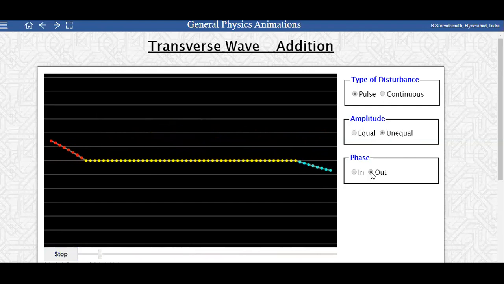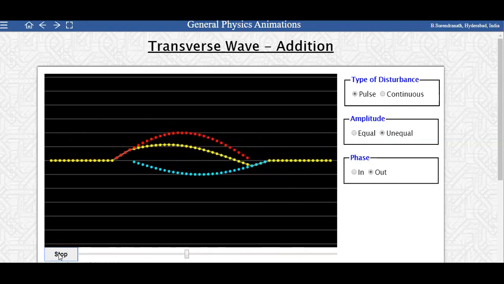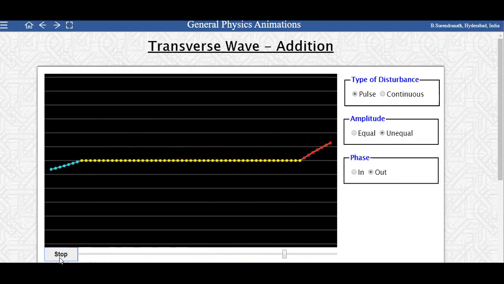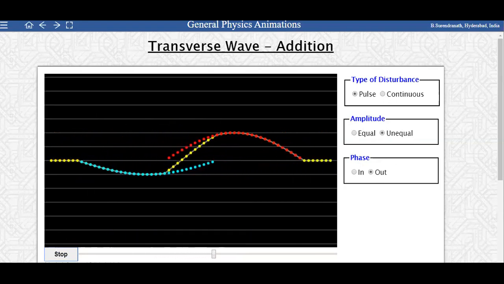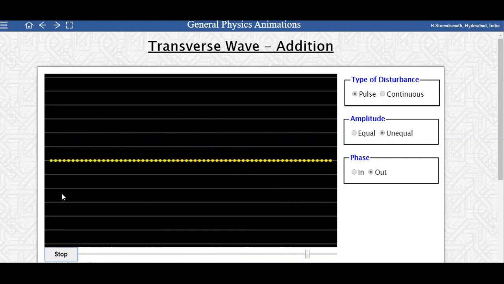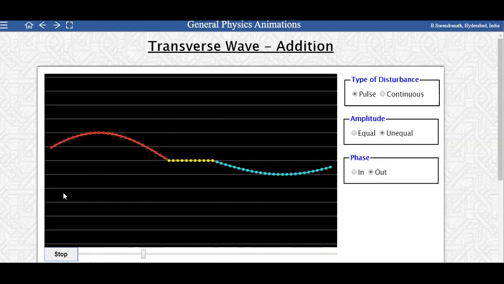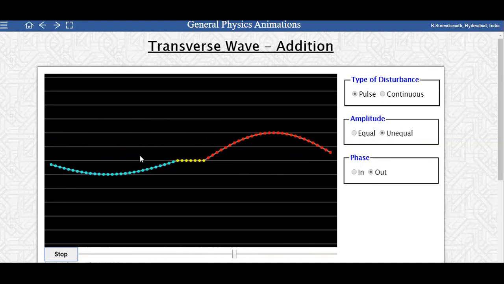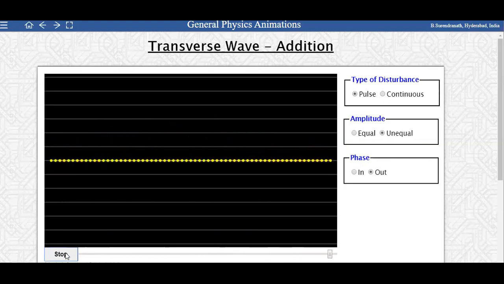If I make them out of phase, so that means in this case they are 90 degrees out of phase, where one is a crest, the other is a trough, you end up with that kind of interaction. They call that destructive interference. Sorry, 180 degrees out of phase. This is known as destructive interference. So anytime you have a crest overlapping a trough,